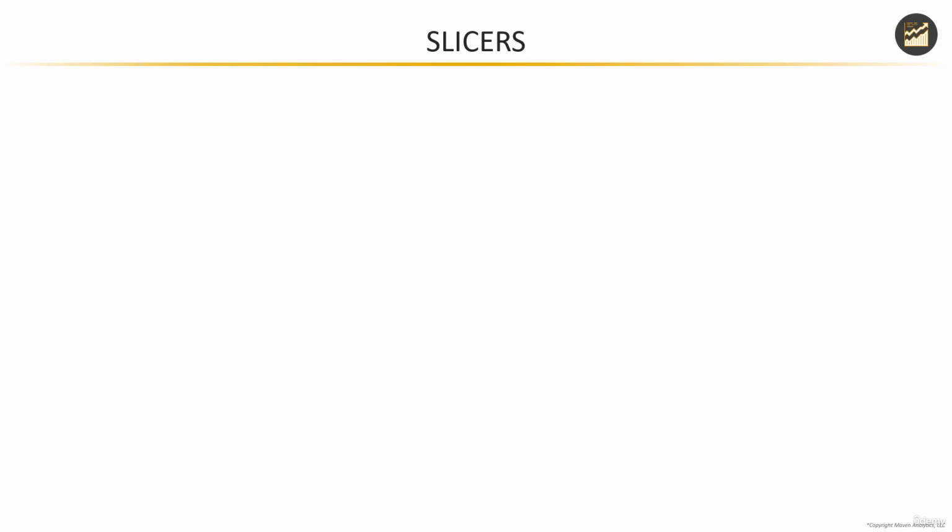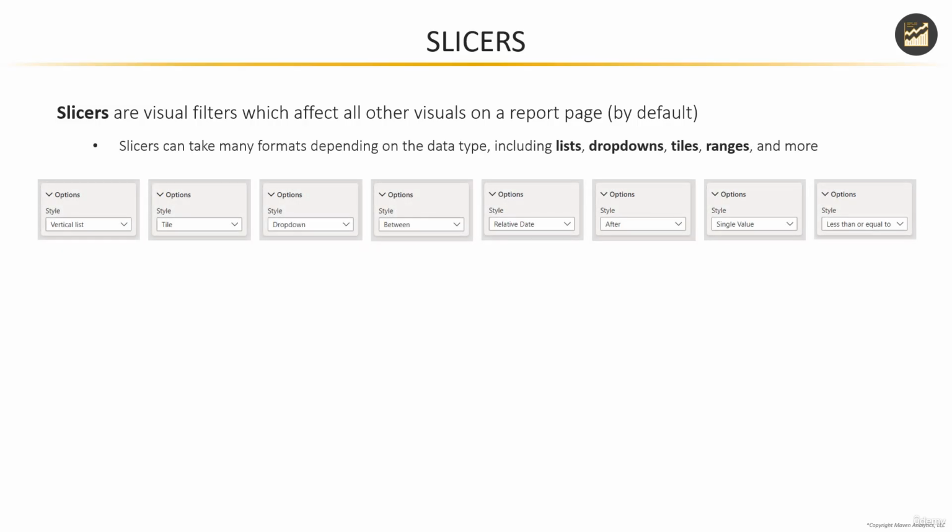Next topic that we're going to cover should feel like a familiar one for any Excel users out there. We're going to talk about slicers. Now, in Power BI, slicers are just visual filters which affect all other visuals on a report page by default. Now, there are all sorts of different slicer types. They can take many formats depending on the data type, and they include options like lists, dropdowns, tiles, ranges, and